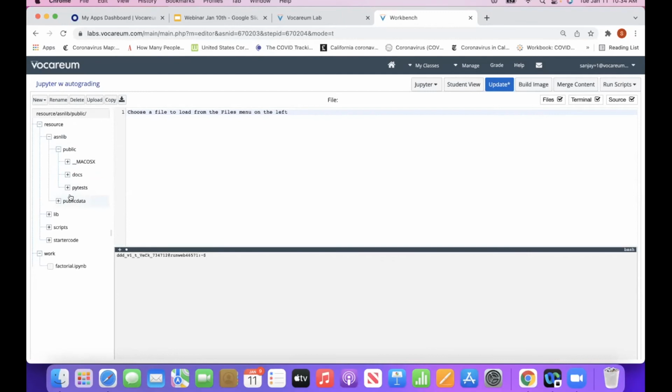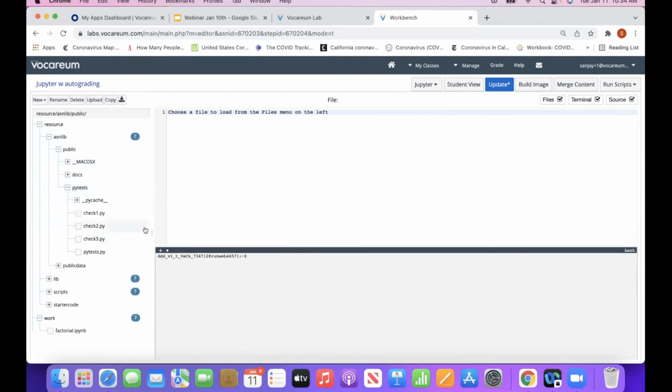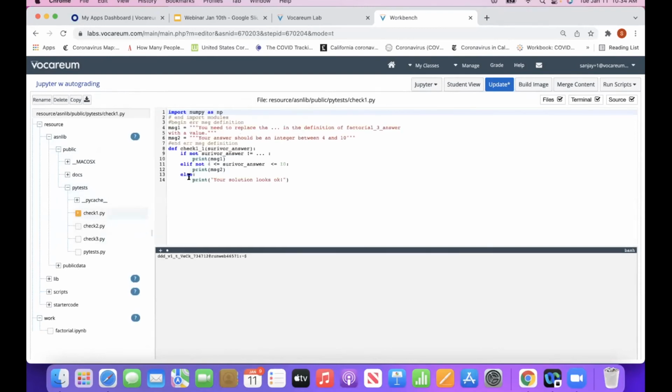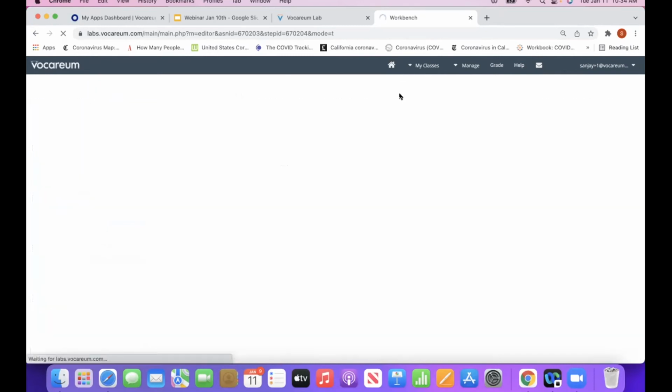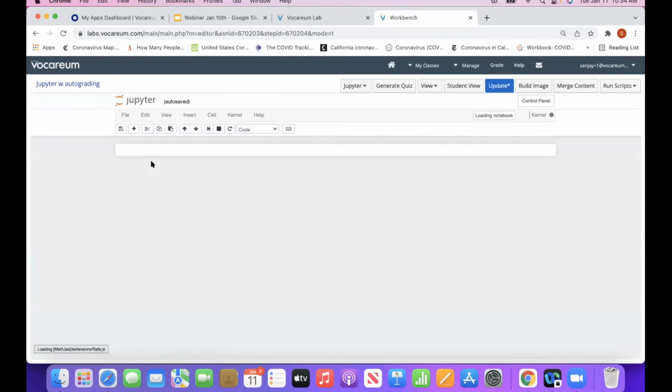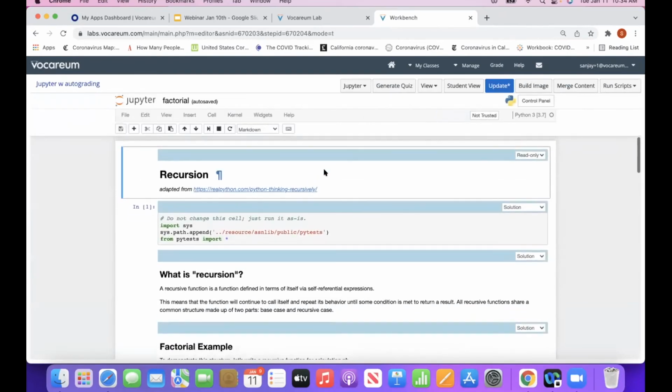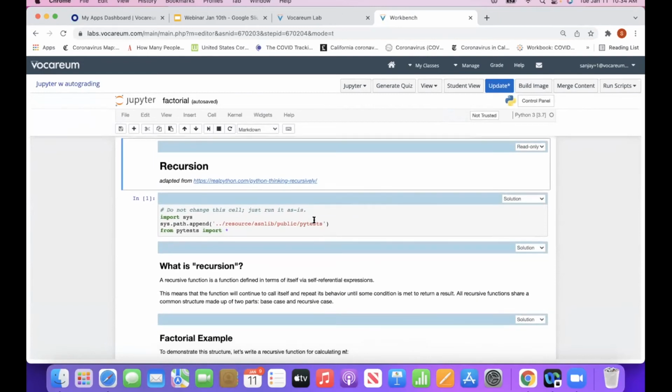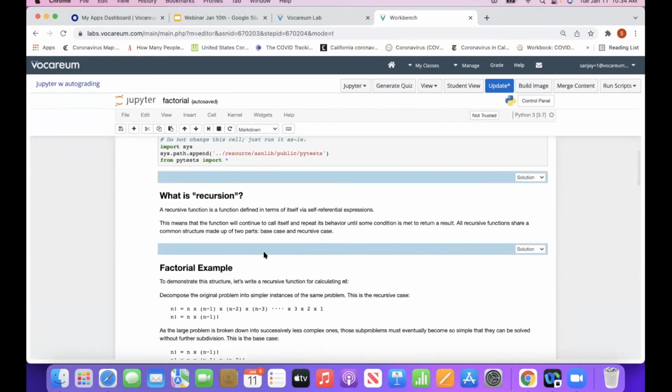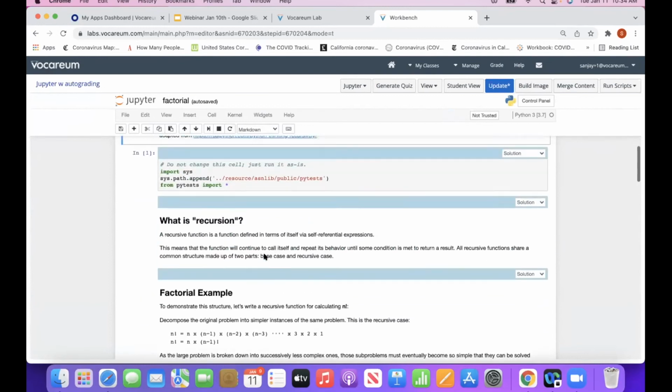Whatever you put in public data, the learner will see, and you can put in, let's say, gigabytes worth of data, and everyone gets a read-only reference to it. In this particular case, they have a PyTest package, and you see there are some simple Python functions here. So let's go back and launch the Jupyter notebook that we just uploaded and see what it is as an instructor. In this notebook, the example is that the user is supposed to implement recursive and iterative functions for computing